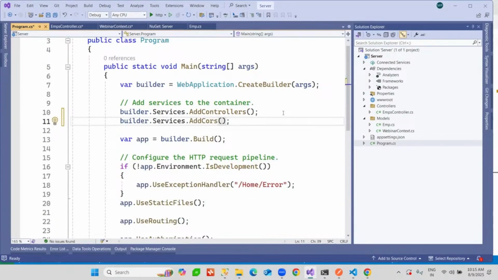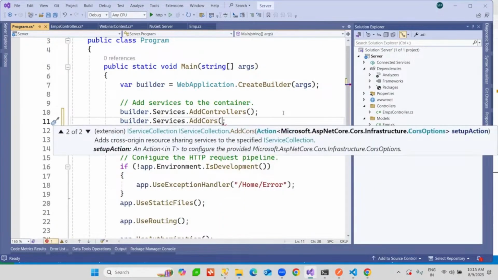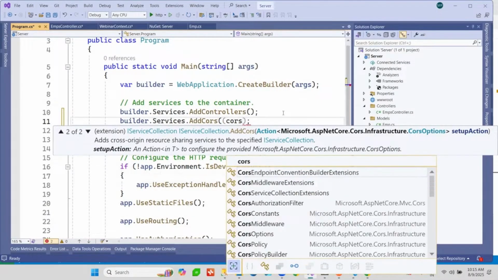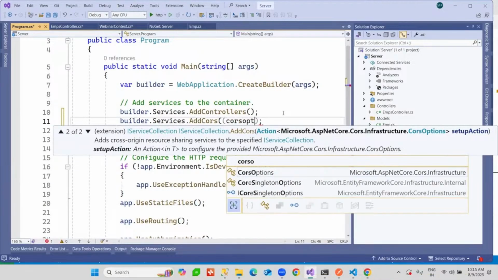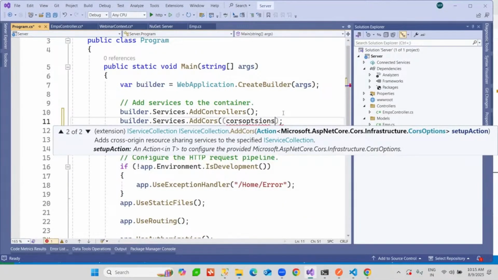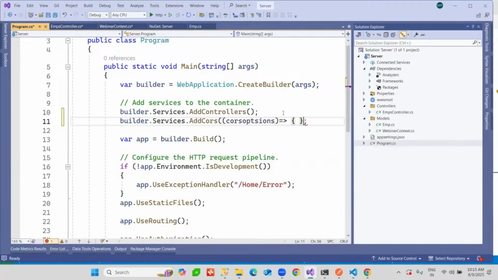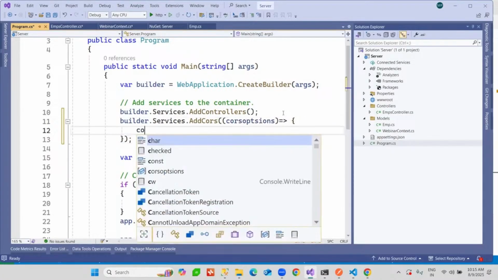Okay, that's one thing we need. Now in AddCors, you have certain options available. As you can see, CorsOptions, it's a kind of lambda expression expected, the action lambda expression. So we'll just say, okay, we'll have CorsOptions. It's a method which is expected. So options, let's say CorsOptions passed on, and this is closed. And under the CorsOptions,